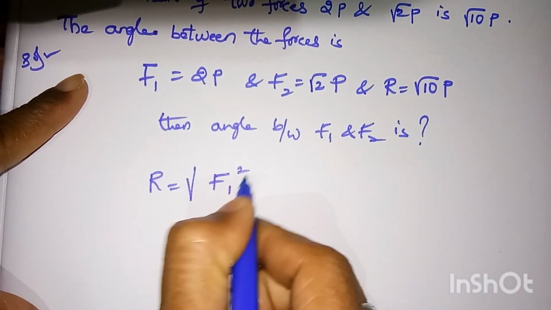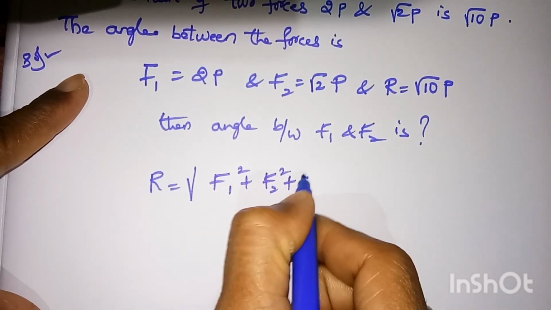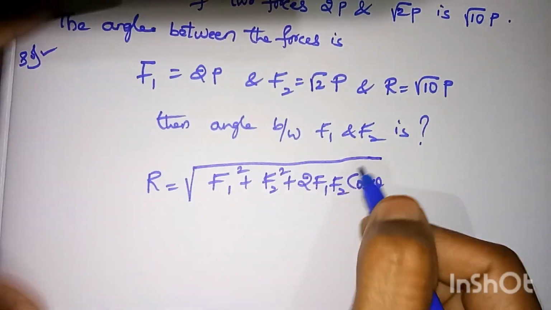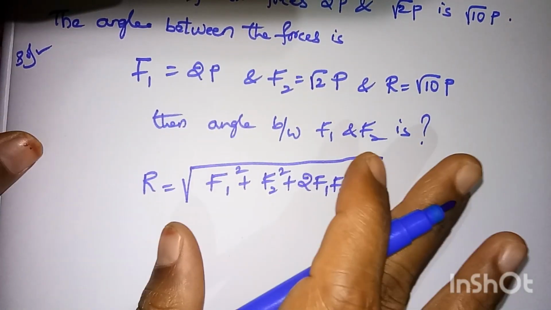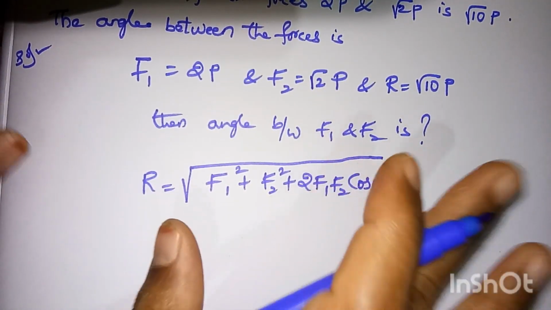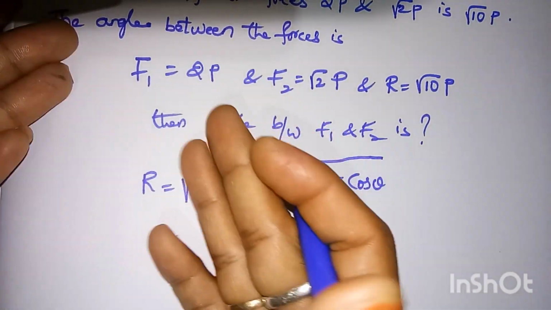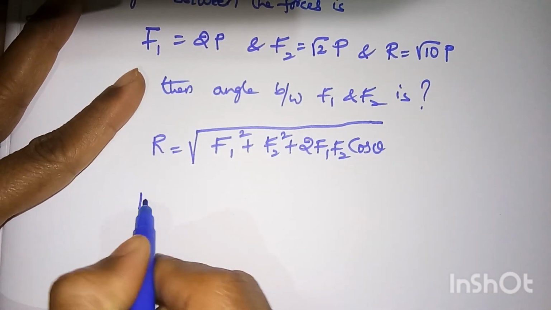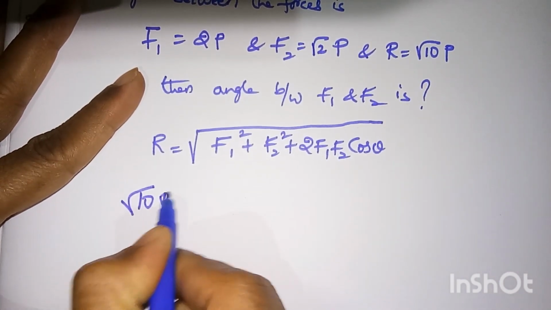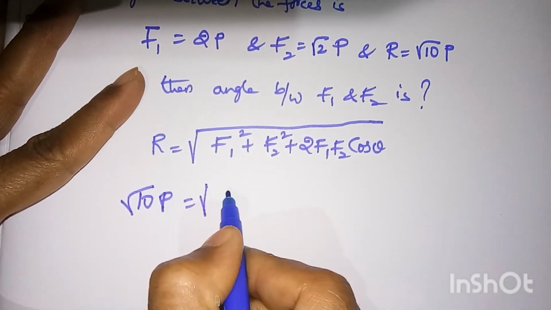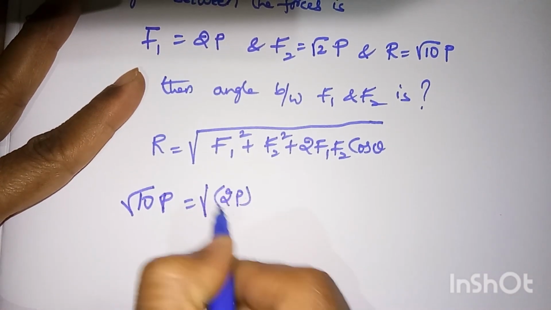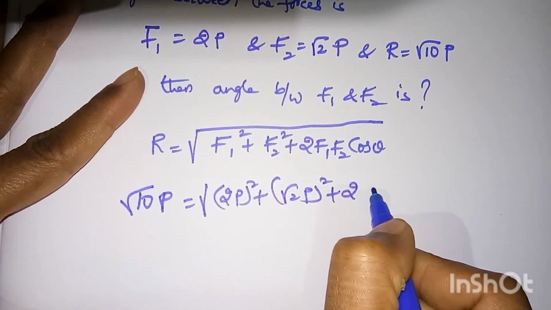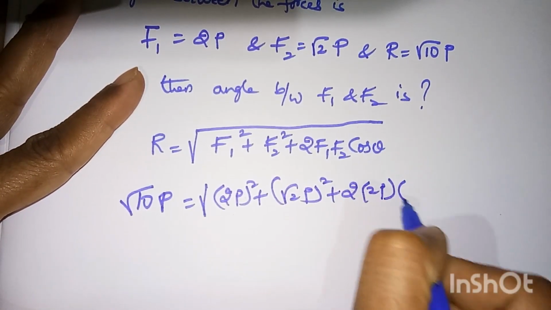So R equals under root F1 square plus F2 square plus 2 F1 F2 cos theta. In the parallelogram, P bar and Q bar are two vectors and their magnitudes are P and Q. In place of P and Q, they have given F1 and F2, that is forces. So R, that is root 10p, is equal to under root F1 is 2p whole square plus F2 is root 2p whole square plus 2 F1, that is 2p, F2, that is root 2p,